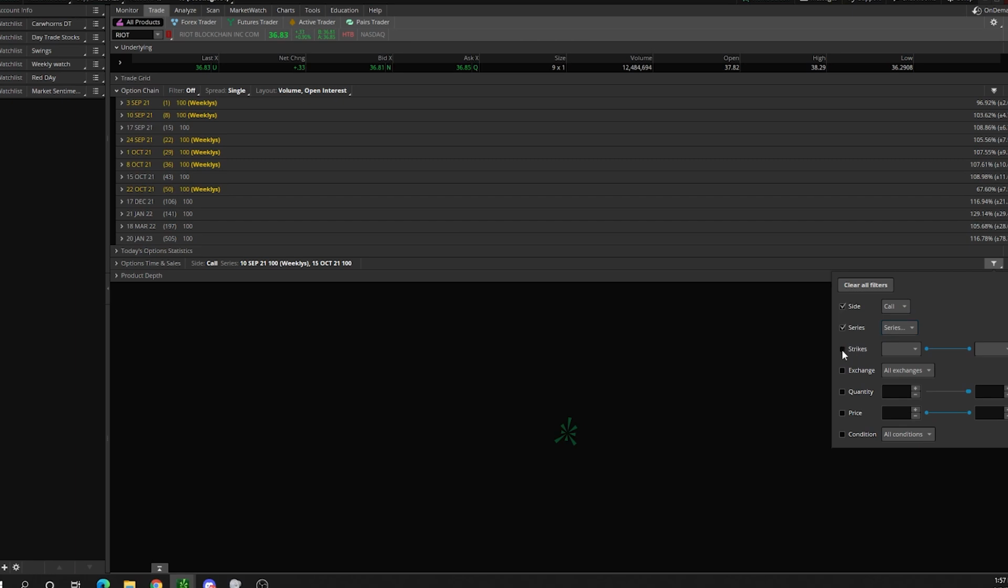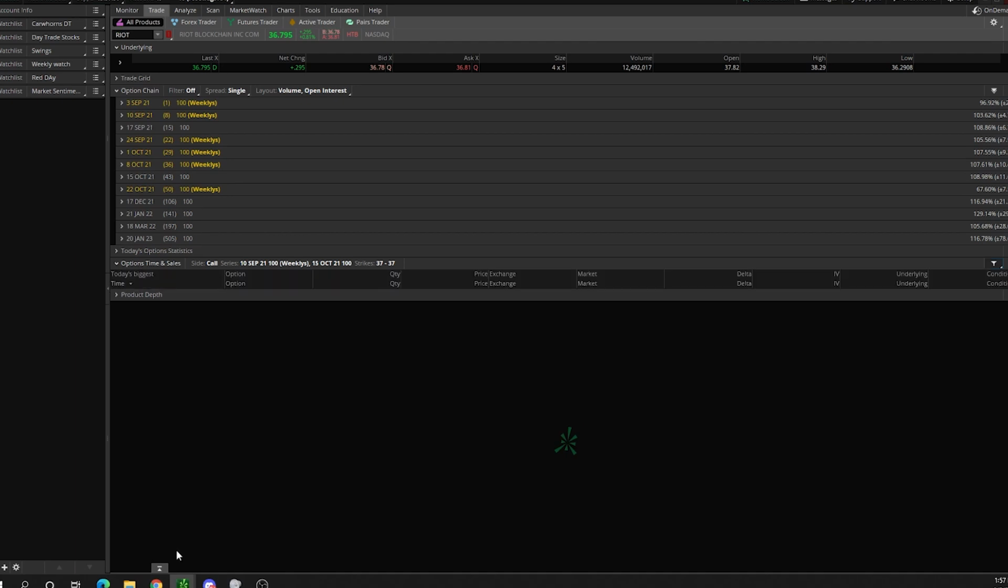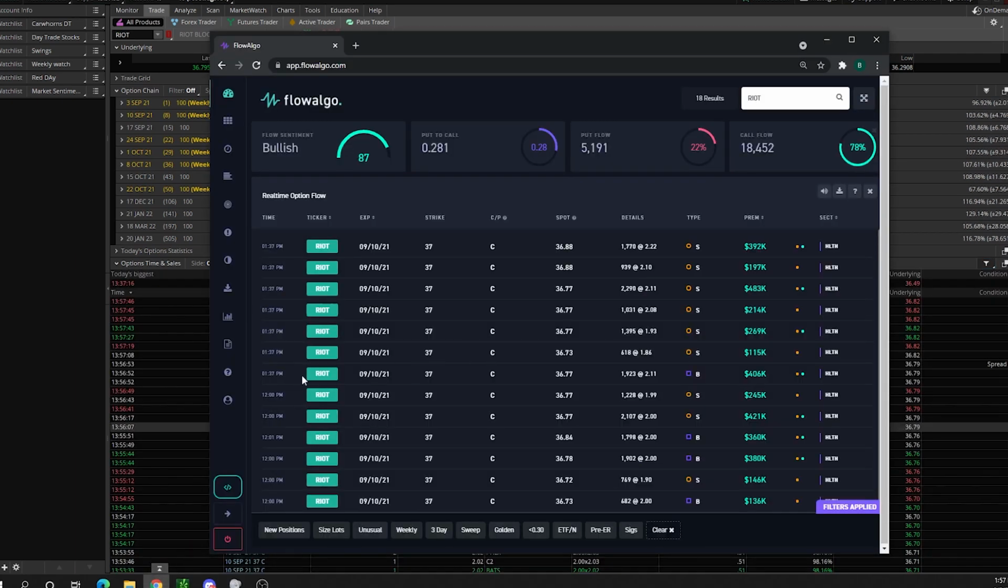Then you're going to come down to strikes and select that. They were sweeping the $37 calls, so we want to select 37. And on this side, the same thing, the 37, because that's all we want to see. Then we want to keep all the exchanges, keep the quantity, and keep the price. Now, if we go to the option time and sales, and again, they started buying these at